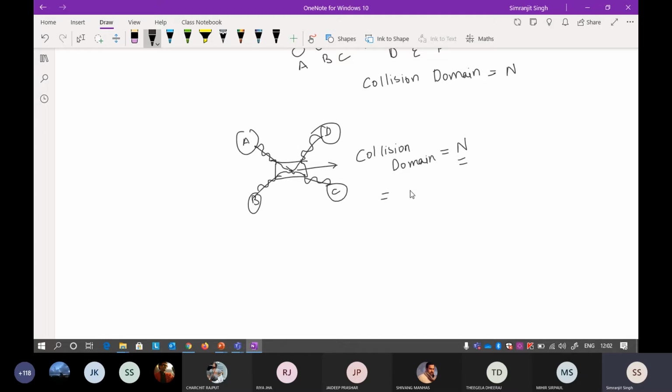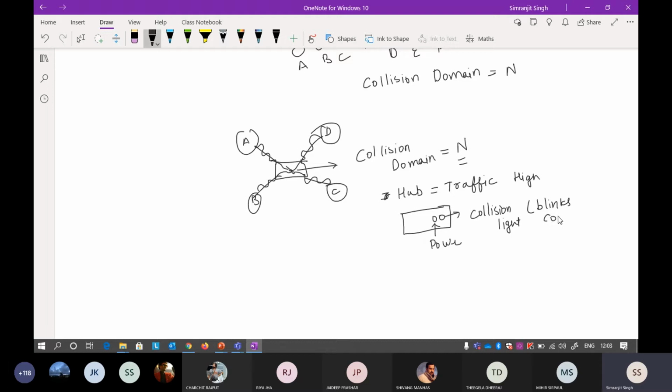Keep in mind, in a hub, the traffic is very high, because whatever the hub receives, it broadcasts the signal to all of the devices that are connected to it. If you have physically seen a hub, there are two lights. The first light is the power light, and the second light is the collision light. The hub contains a collision light, and this particular light blinks continuously.